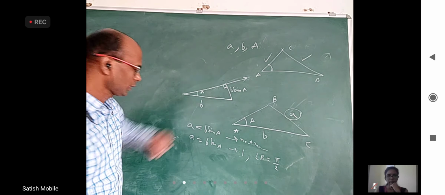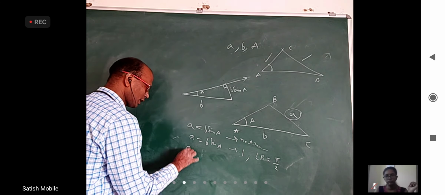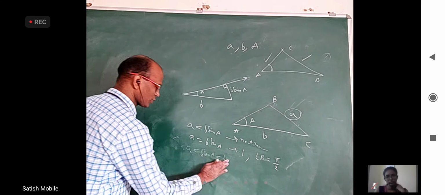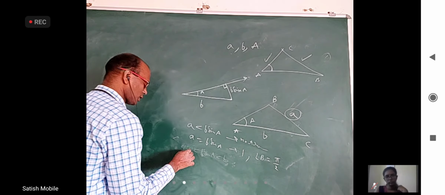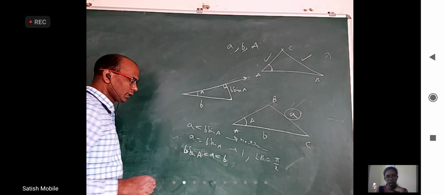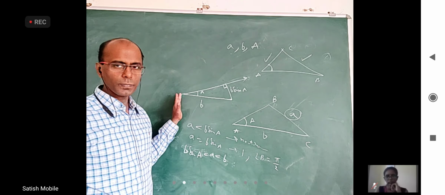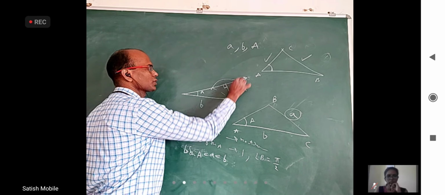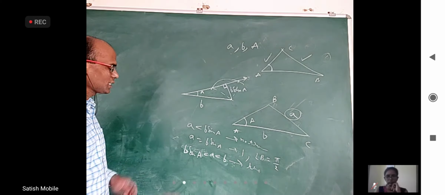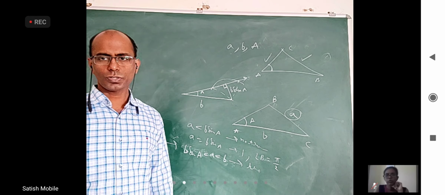B will be right here. And if a is more than b sin A, but less than b. Sorry, reverse. a should be more than b sin A. So like this: b sin A less than a less than b. If a value is more than this perpendicular distance but less than b, then I'll get an arc, I'll get two such triangles. So here two solutions will come. This is called the ambiguous case. Ambiguous case means instead of one unique solution, we are getting two solutions.